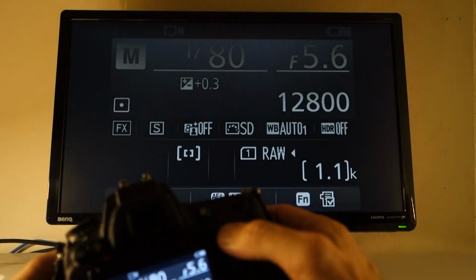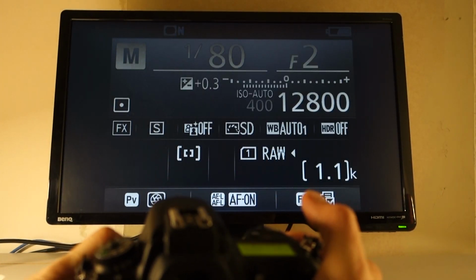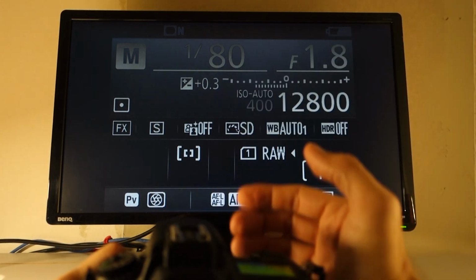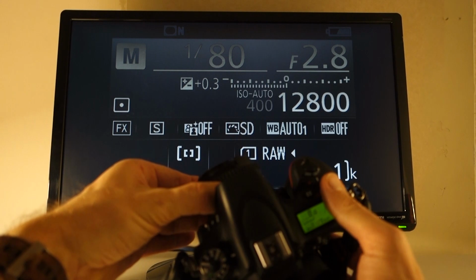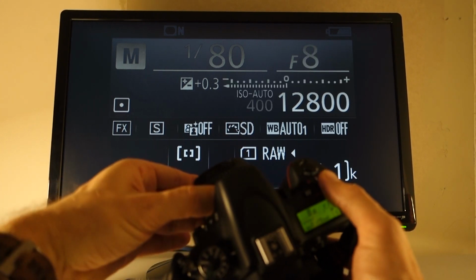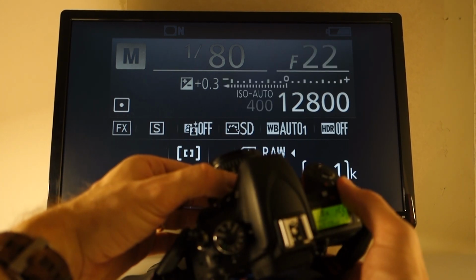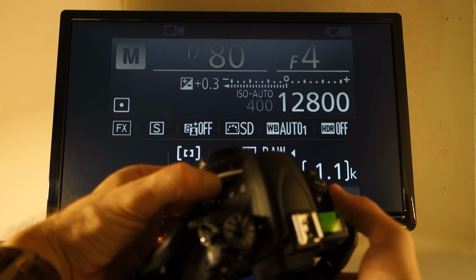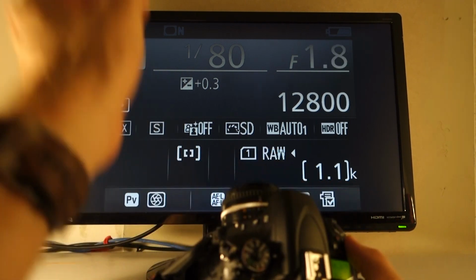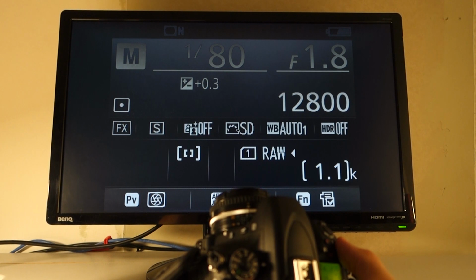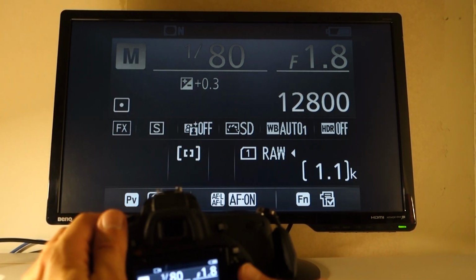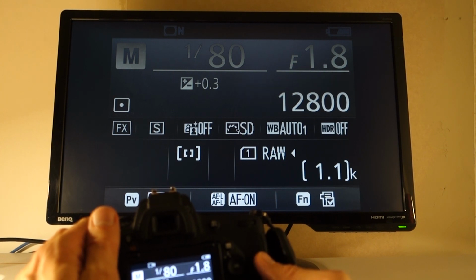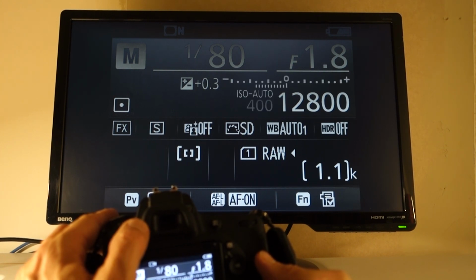When I turn the ring, you will see here in the top right corner, now it says 1.8. As I turn it, I don't know if you can see, I am going all the way up to 22 in this case. Then it actually gives me this information. It's the same information I get in the viewfinder, and that means you don't have to chip the lens in order to see what the aperture is. You simply have the information readily available in the viewfinder. I think that's a big benefit.